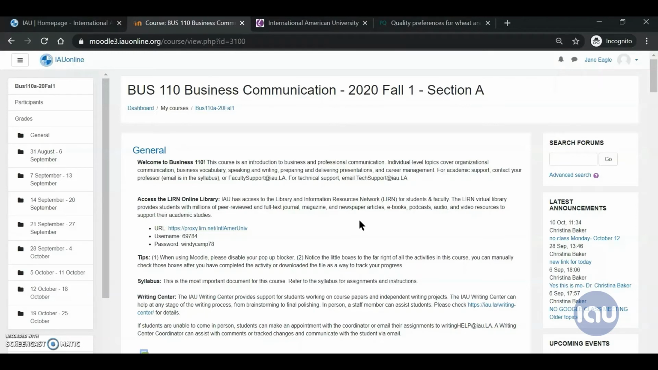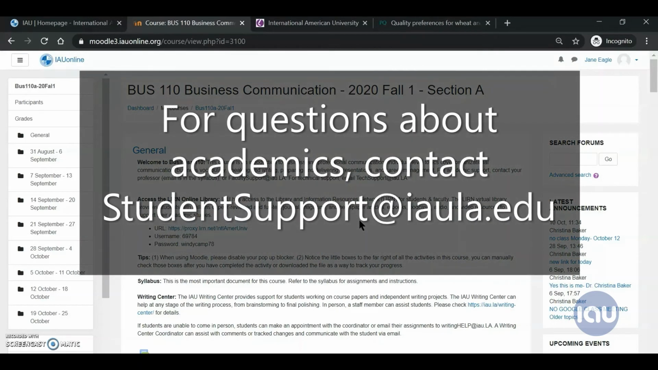If you have questions regarding your academics, like, I think unfortunately I might fail this class, or can I take this class at a different session or with a different professor, things like that, of that nature, then you would have to contact student support at